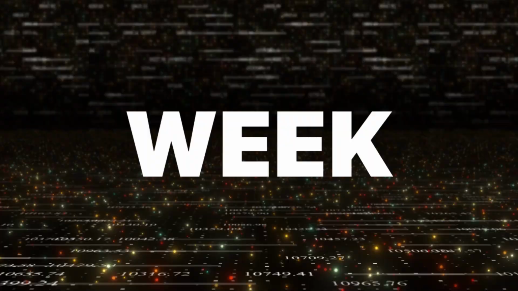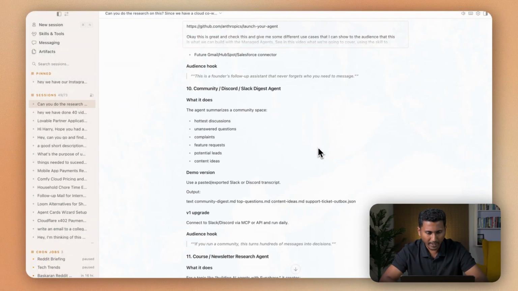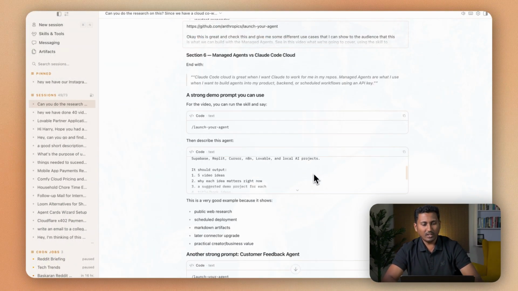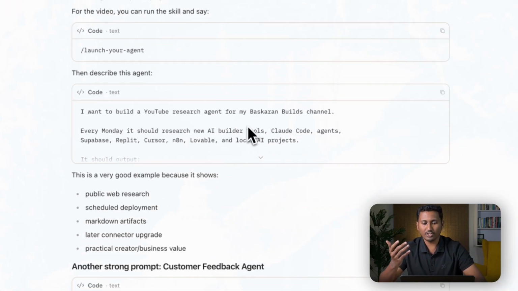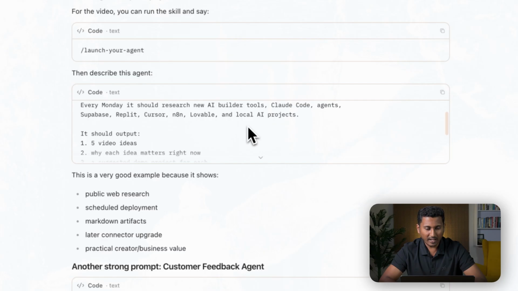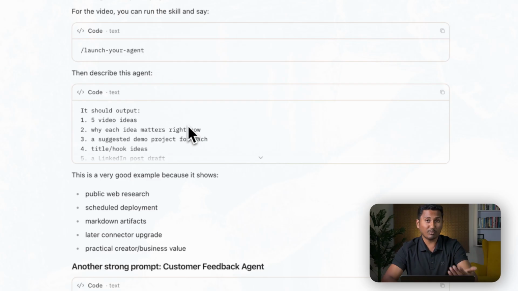Every week there is so much going on in tech. We want to get that information about what's going on in Reddit and in different places, and bring the latest things. That's the cron that we want to run, to create an agent for that. So let's go back. Yeah, it gave me an idea about research. I want to build a YouTube research agent for my Bhaskaran Builds, and every Monday it should research new AI builder tools: Claude Code, agents, Supabase, Replit. It goes through our website and also the channel, and creates that